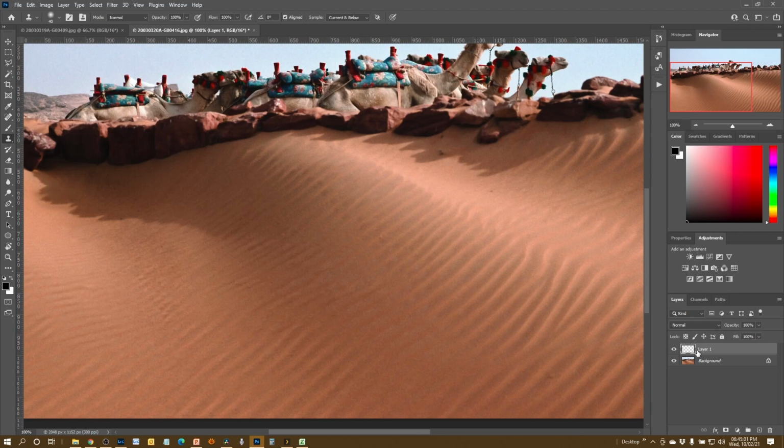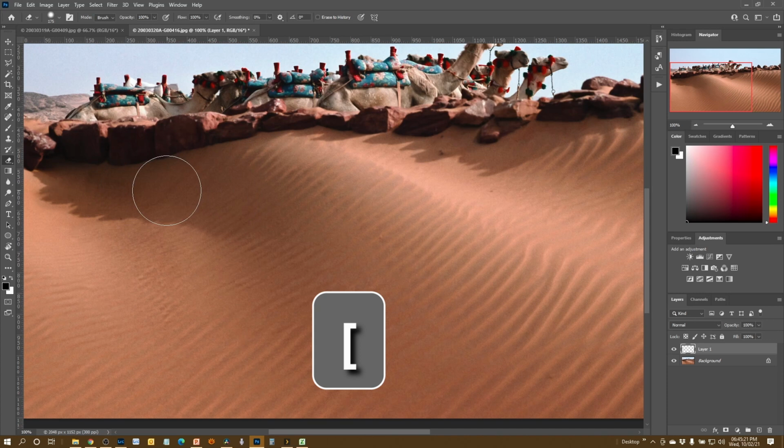Bring the background layer in. Why is that a good thing? Because it means if I decide, well, actually, that rock really was important to this scene, I'd like it back. If I'd done all that onto the background layer, I couldn't do that. But now I can pick up an erase brush here. That's a very big erase brush. Bring it down. And I can just say, right, I'm on this transparent layer at the top there. I'm just going to erase my adjustment and bring the rock back. Now we can use that idea on